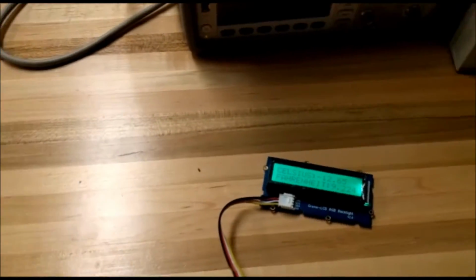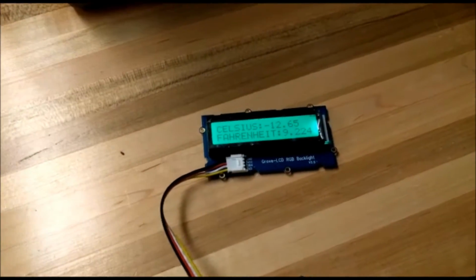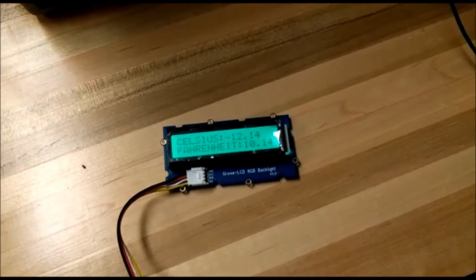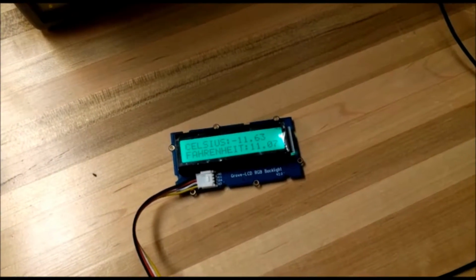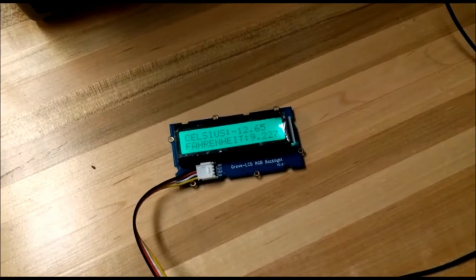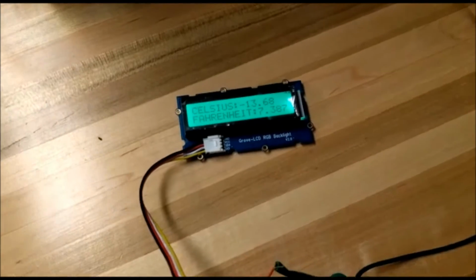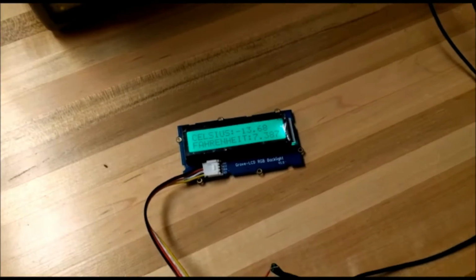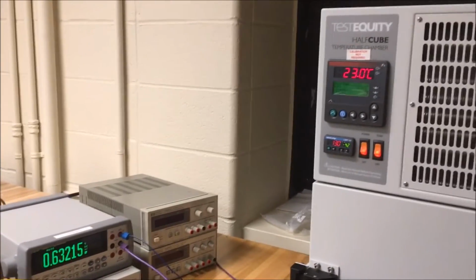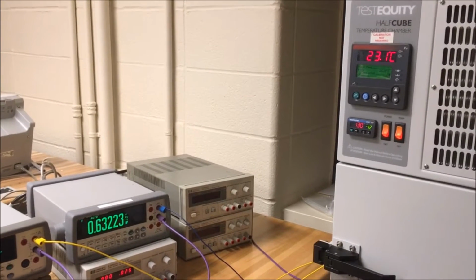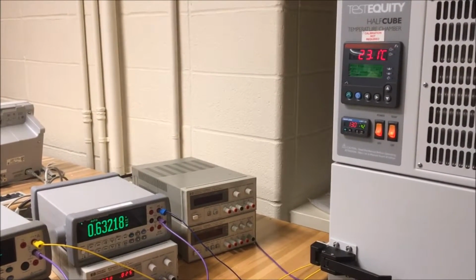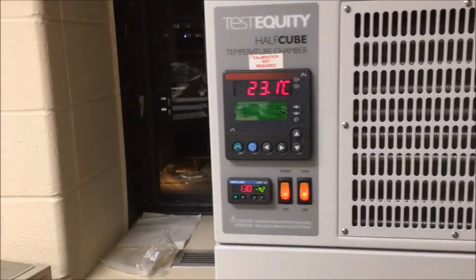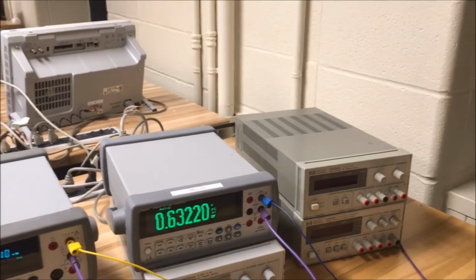Now, when we see the temperature measured by the Arduino, it shows around minus 12 degrees Celsius to minus 11 degrees Celsius. This shows that the accuracy would decrease to plus or minus 3 degrees Celsius as the temperature goes below 0 degrees Celsius. This is the measurement setup of the voltage reference circuit, whose output should be constant across process, temperature and supply. At this point we can see that at 23 degrees Celsius we are getting a voltage of